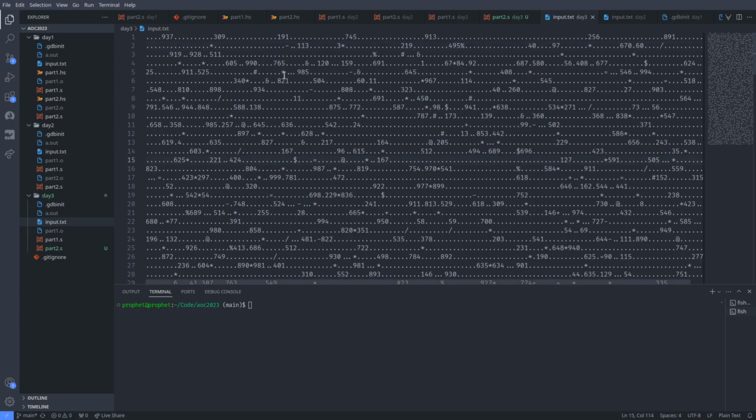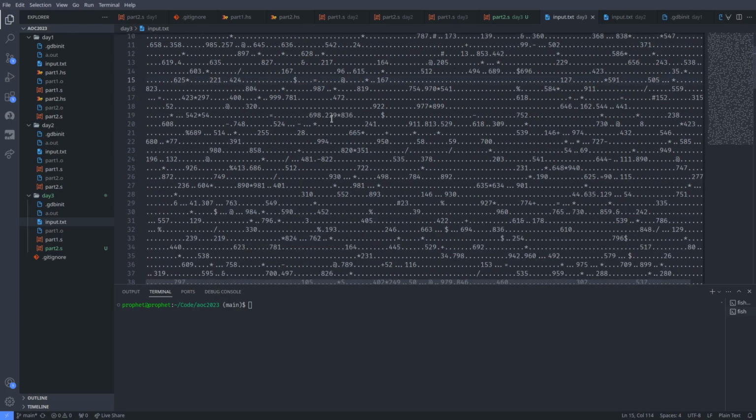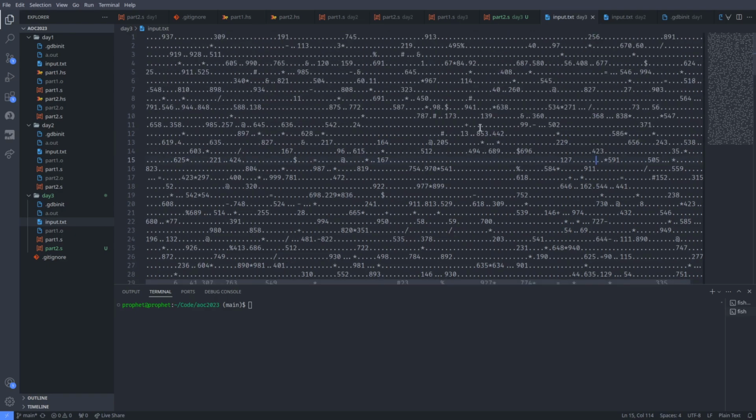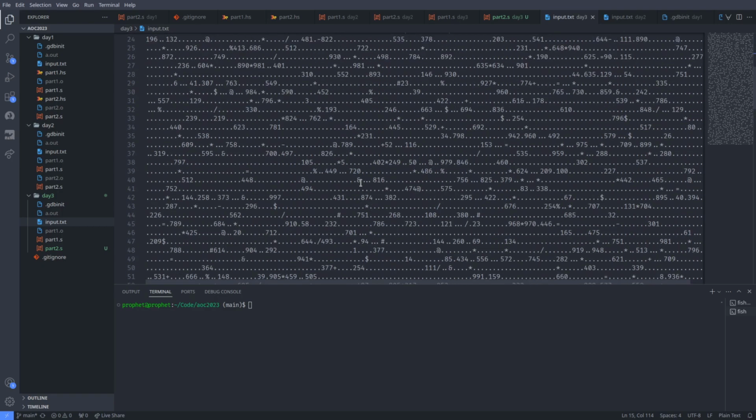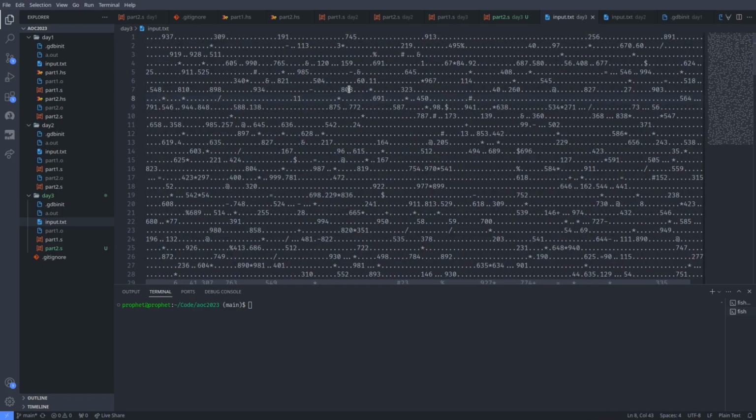Okay, so one difficulty we have is we might have something like this. Wait, let me just construct something. Is there one? No, I don't think there's a good example here. But let's say we have maybe 5, and then here's a gear, and here's a 4, and then here's a 6, right? So how are we gonna do this one? We're gonna count this 5, then we're gonna count this 4, and then we're gonna do the star, and it's